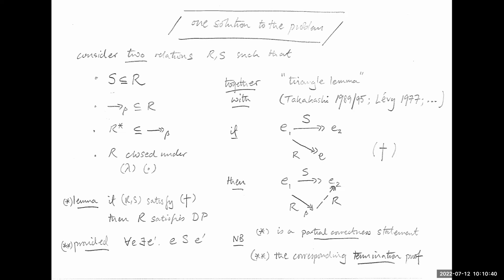But I'm going to claim by further abuse of notation that the fact that R contains single steps and their transitive closure is contained in double-headed arrow beta, that in particular any R step must itself be a beta step, a possibly many beta step. So in that sense, that's harmless, but it's clearly an irritating distraction, so I apologize for that.